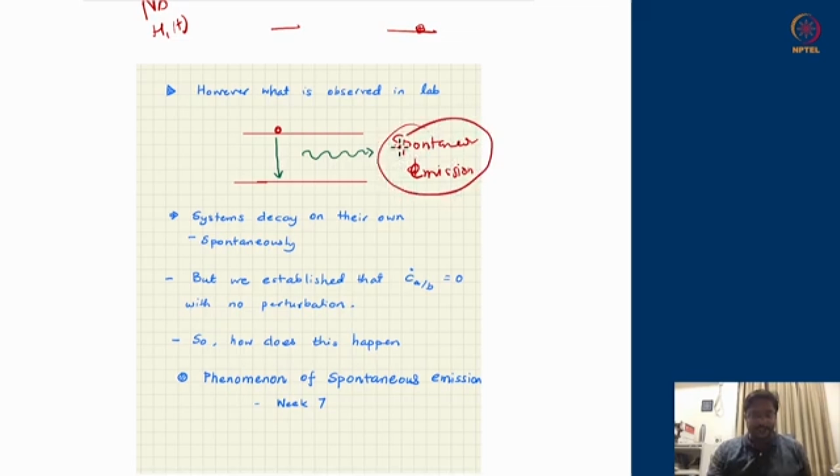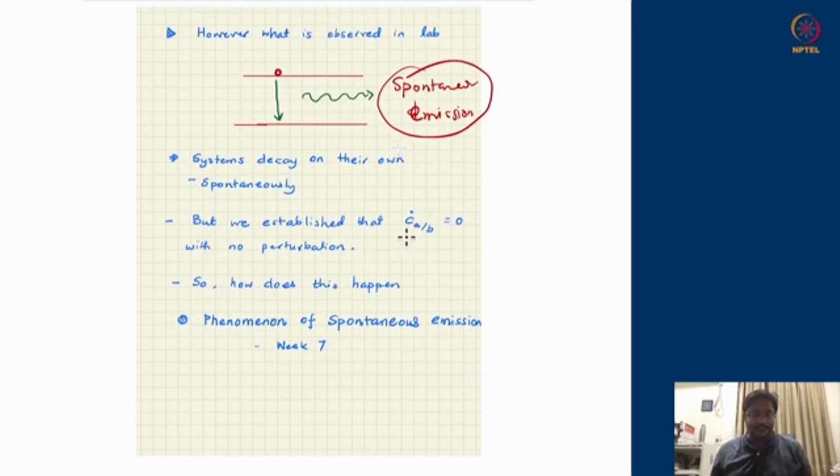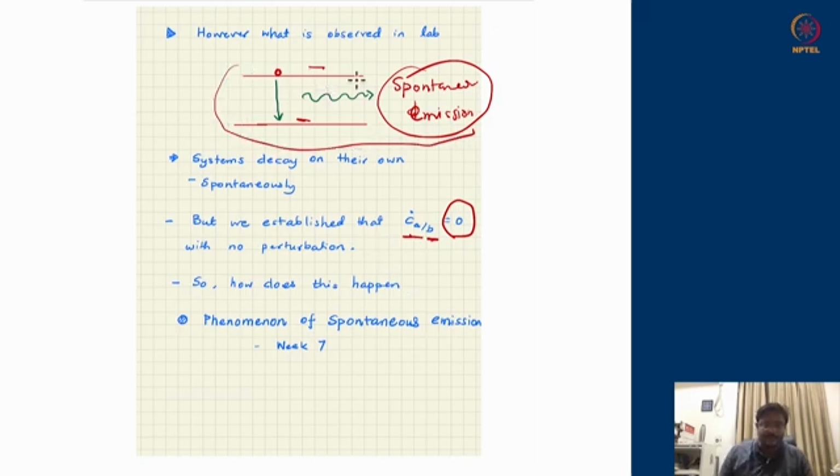So the question is why it is happening, because c_a dot or c_b dot, whatever equations we had written previously, they should identically be 0, right? Because all the terms depend on the matrix elements of the perturbation. So how does this transition happen? Why does this not remain 1 for all time, and why does this not remain 0 for all time? Because our equations are telling me that if there are no perturbations, they should remain 1 and 0 for all time. However, there is an explanation of this spontaneous emission, which we will see in the coming weeks, which goes